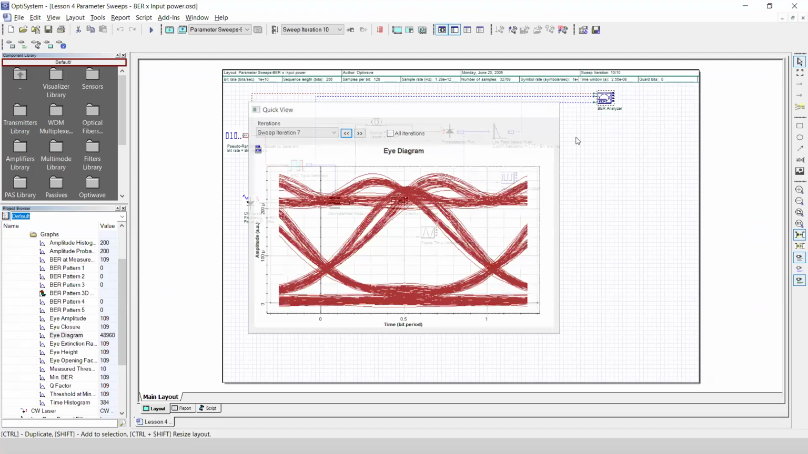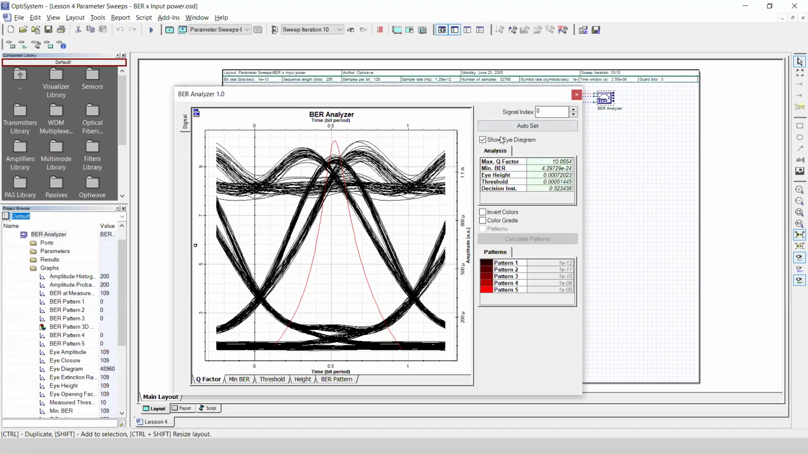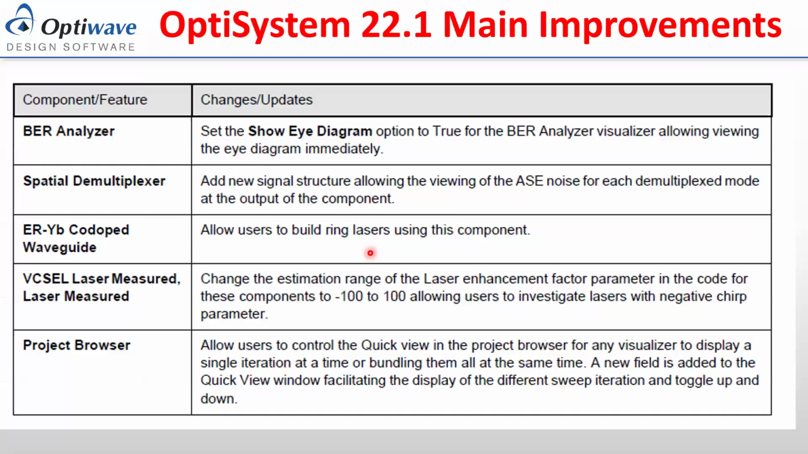The other thing we improved is in the BERT analyzer. We made this feature here true, because before it was only displaying the Q factor, but now you see the Q factor display as well as the eye in a single shot. Okay, so going back here,